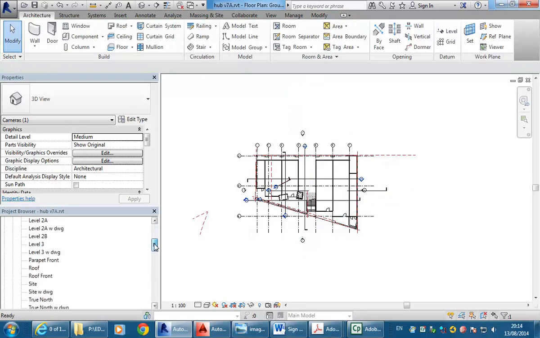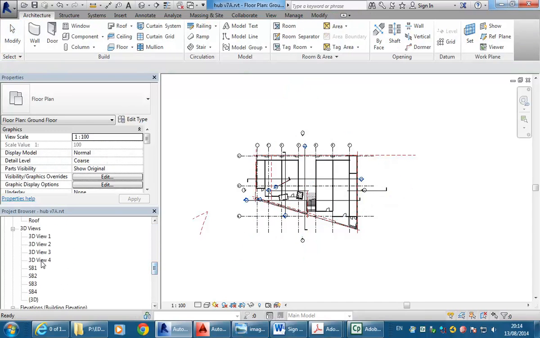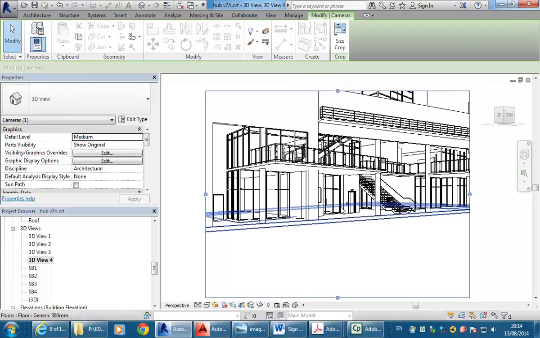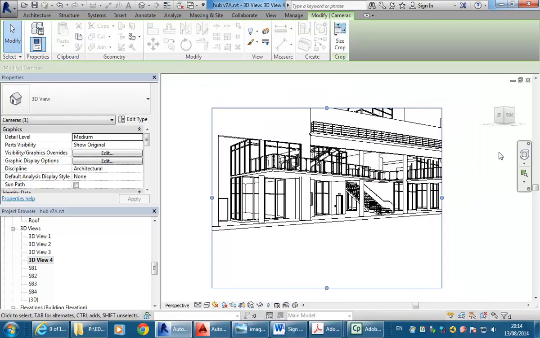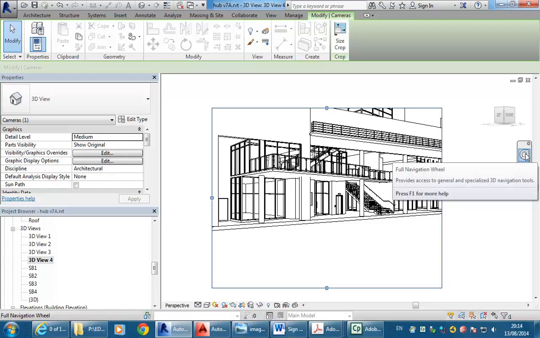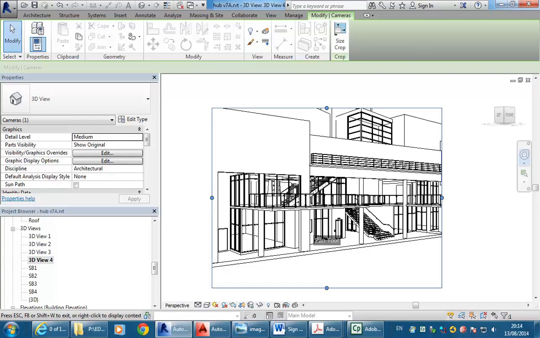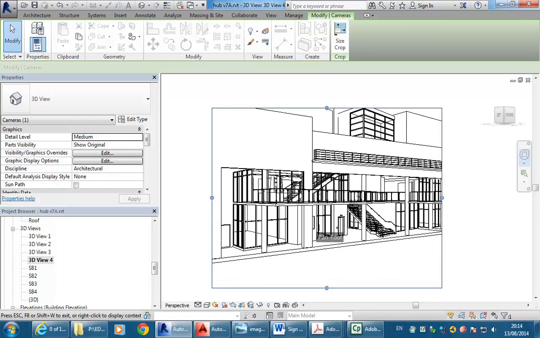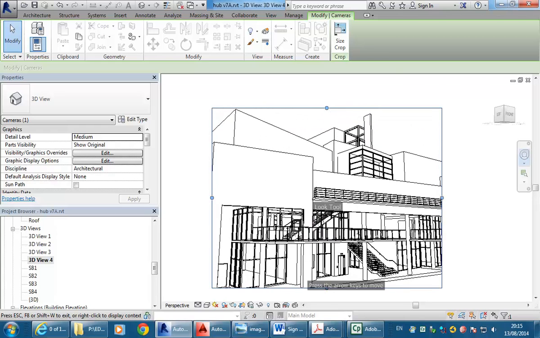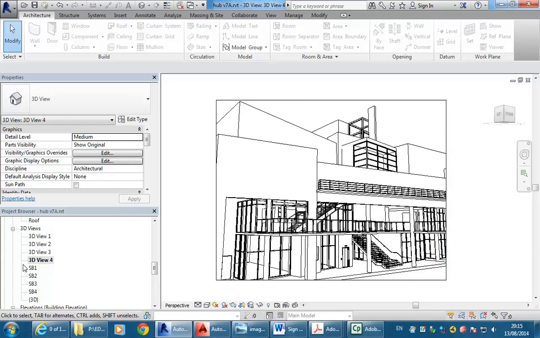Now, looking at the views, you can see this is coming as 3D view 4. I'm going to use the navigation wheel and pan so that it's looking from a higher viewpoint. And I might also use look and make it look up higher so that I can see what I want. But notice I'm not going to adjust the field of view. I'm not changing the cropping